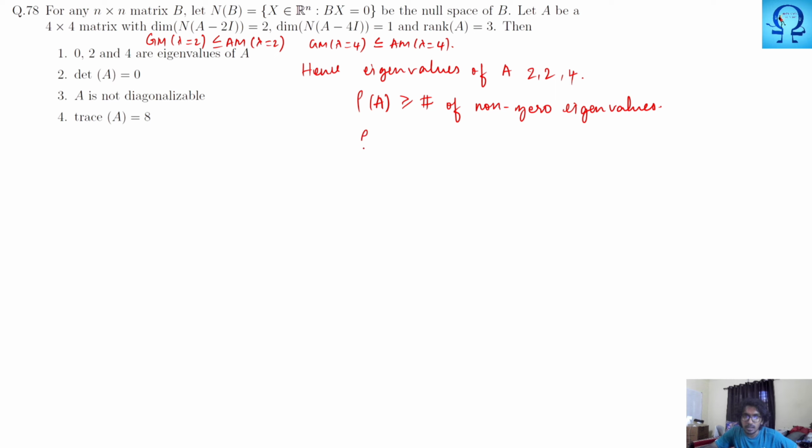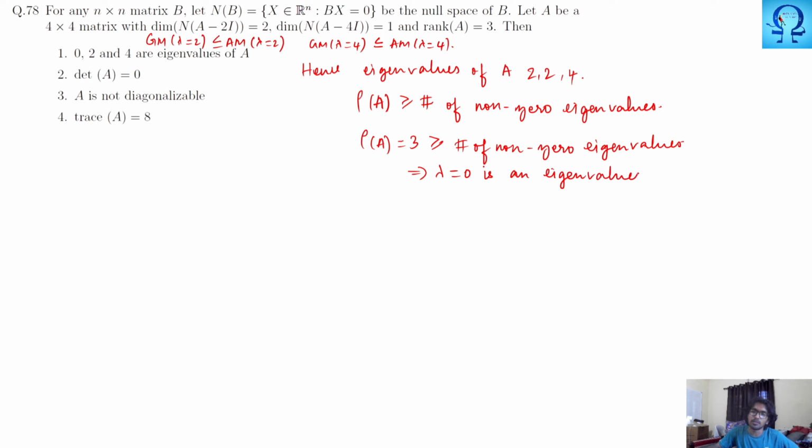Okay, here rank of A is given to be equal to 3. So this 3 has to be bigger than or equals the number of non-zero eigenvalues. So till now we have found 3 non-zero eigenvalues. Hence the remaining eigenvalue must be 0. Okay, therefore 0, 2 and 4 are the eigenvalues. Since 0 is one of the eigenvalues, the determinant has to be equal to 0. Okay, and